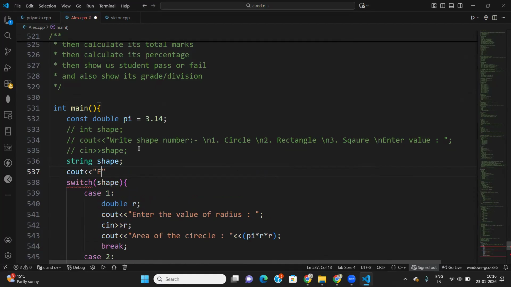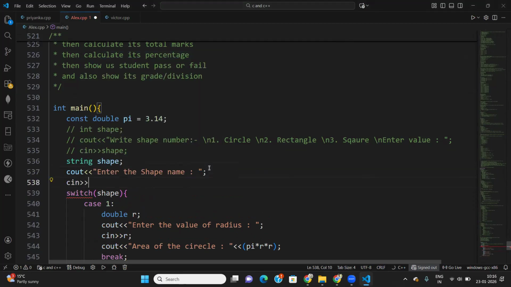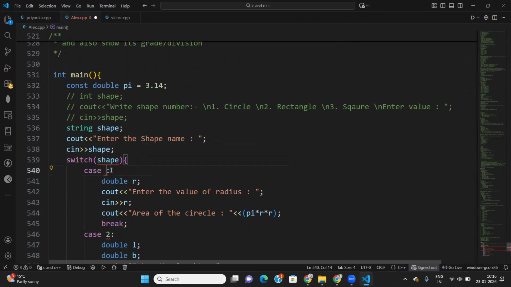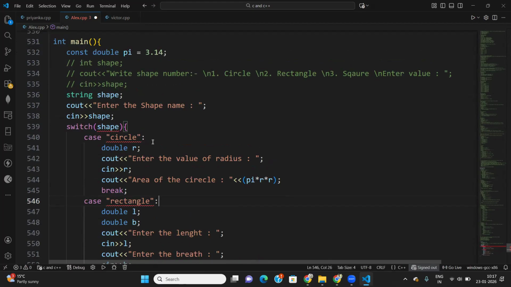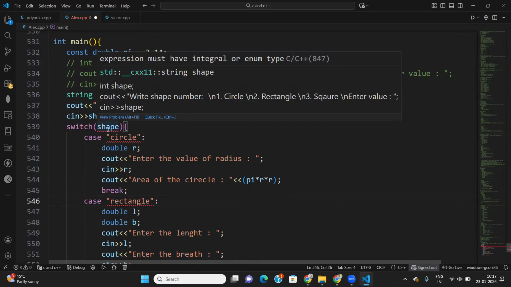And then shape name. Okay. So just say cin and then write the shape. This will take the values right there, not to worry about it. If you say the shape name is circle, and then I use here, oh, shape name is rectangle. Okay, I see. But this will not work in that case, because this case is not applicable for